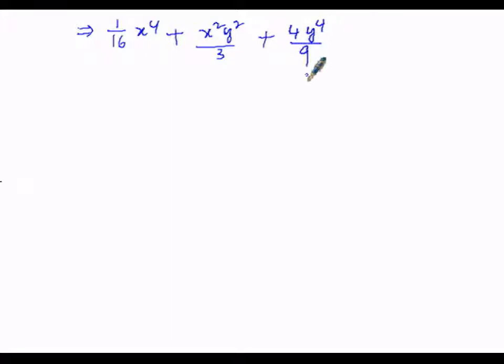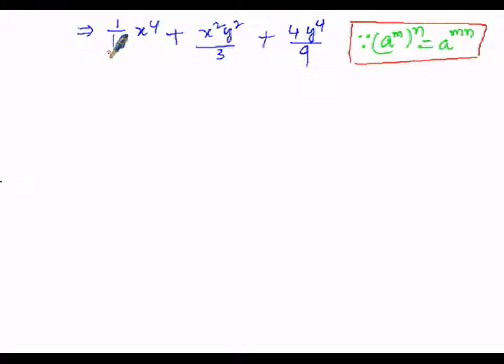So here, in both the cases, I have utilized the identity (a^m)^n equals a^(mn), that is a power m whole power n equals a power m into n, that is mn. In this manner I have utilized this identity, a power m whole power n is equal to a power mn, in order to get this logical step. So in this manner, hence